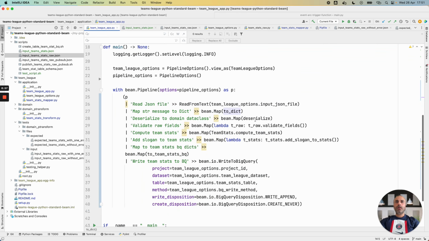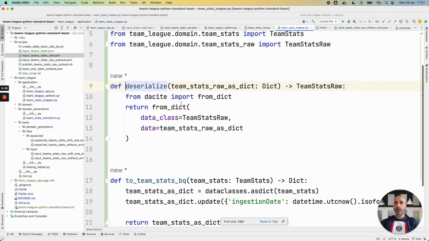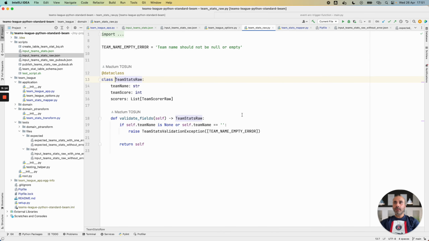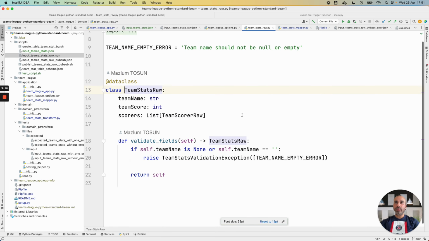Then I prefer to deserialize my dict to a typed object. I have a domain object, and this domain object is called TeamStatRaw. For TeamStatRaw, I created with Python a dataclass. A dataclass is an interesting concept because I have some fields and no need to write some boilerplate code like an init method or constructor.